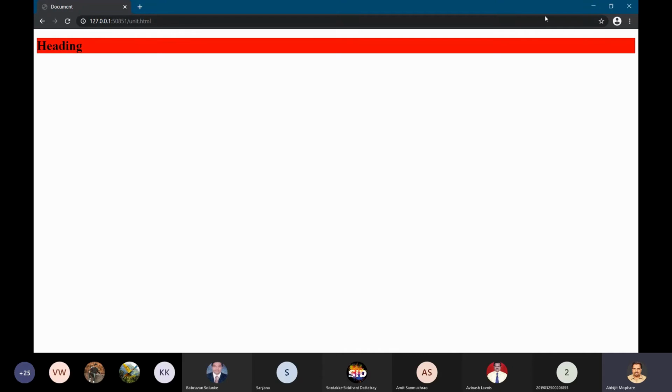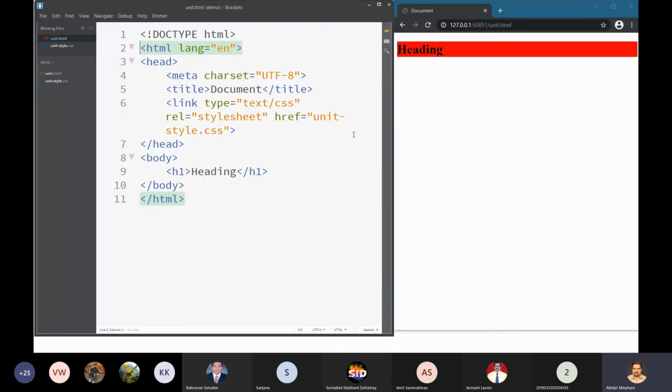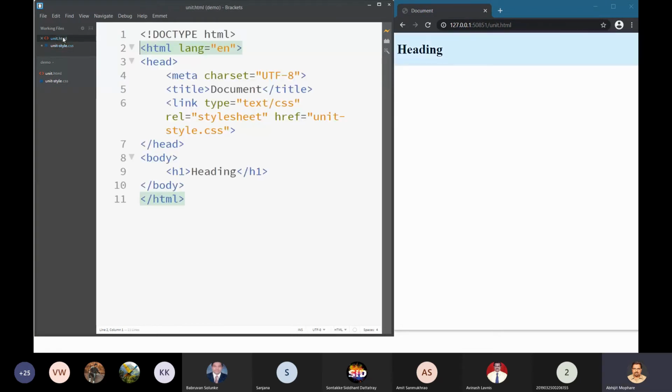So this is the CSS box model. I will show you how it works. I will remove this background color, and I will remove this entire CSS, and I will put some other contents also.